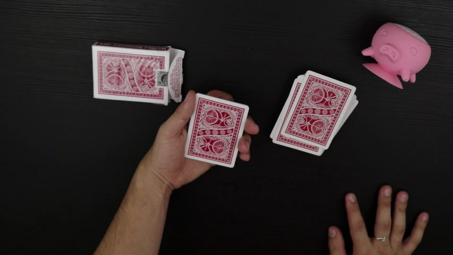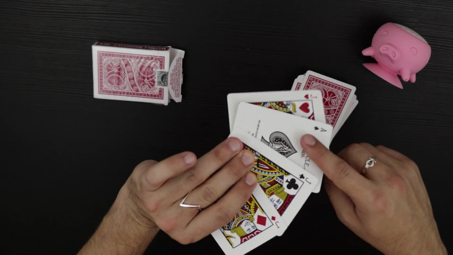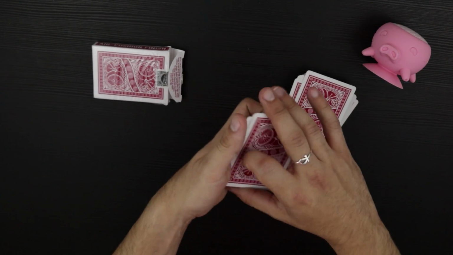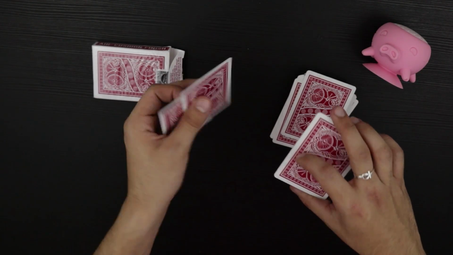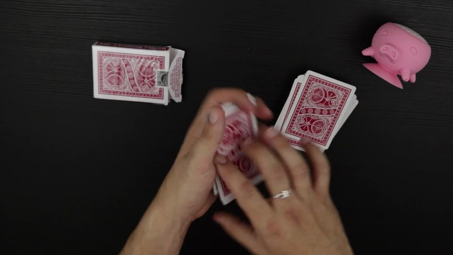Now the last phase is really going to be up to you, but right now you're in a situation where you have 4 cards, of which the ace is going to be in the middle and the other 2 cards are obviously going to be jacks. Now if you flip everything over, again keeping this as a double lift,